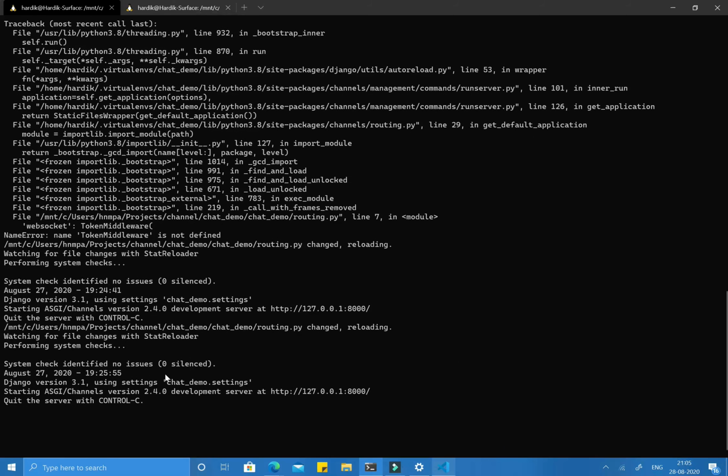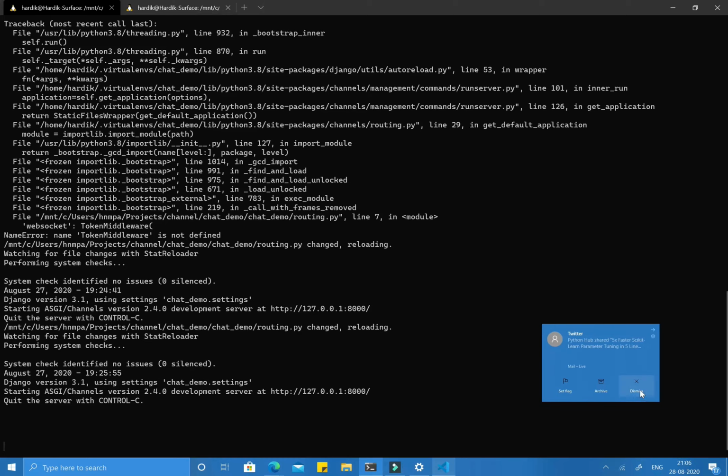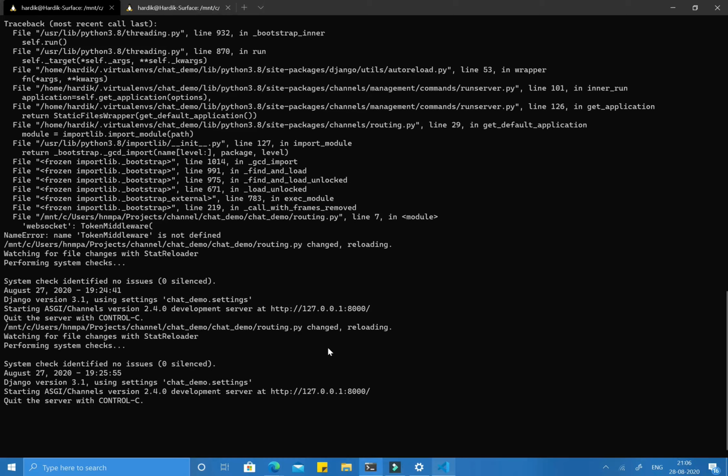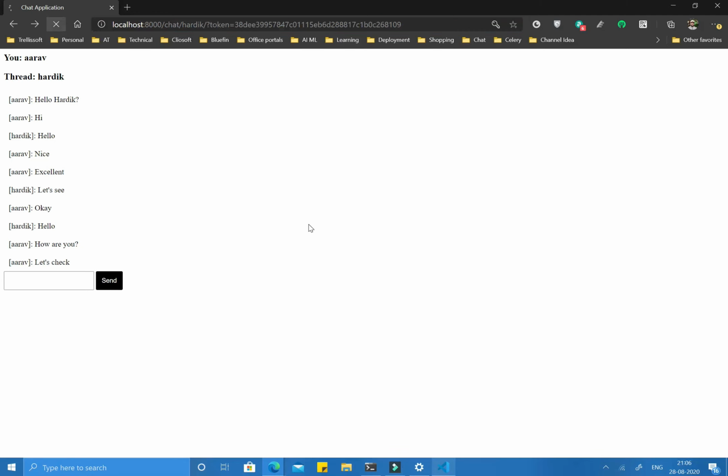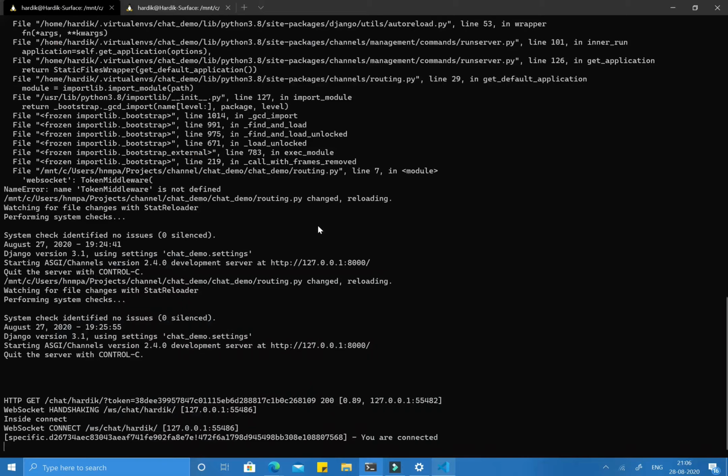So the server is restarted now after adding the token middleware into our routing.py, and that means it should accept the token from the query parameter, and the WebSocket connection should happen successfully, right? So let's refresh the page first. Okay, so there is no error and nothing went wrong here.